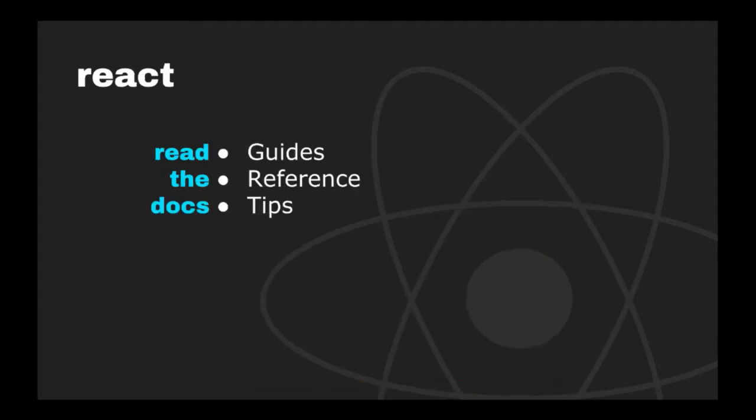If you want to go deep inside React, I recommend you go ahead and read the docs. There is not much to say about React. You can go to the guides and reference and tips there in the docs just to get a deep knowledge of React. We are mainly going to focus on most of the libraries and frameworks that are surrounding React, like